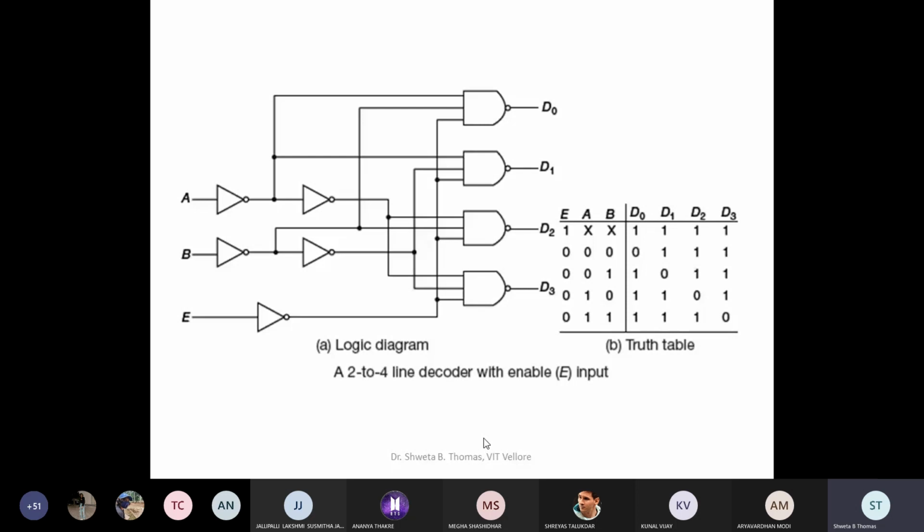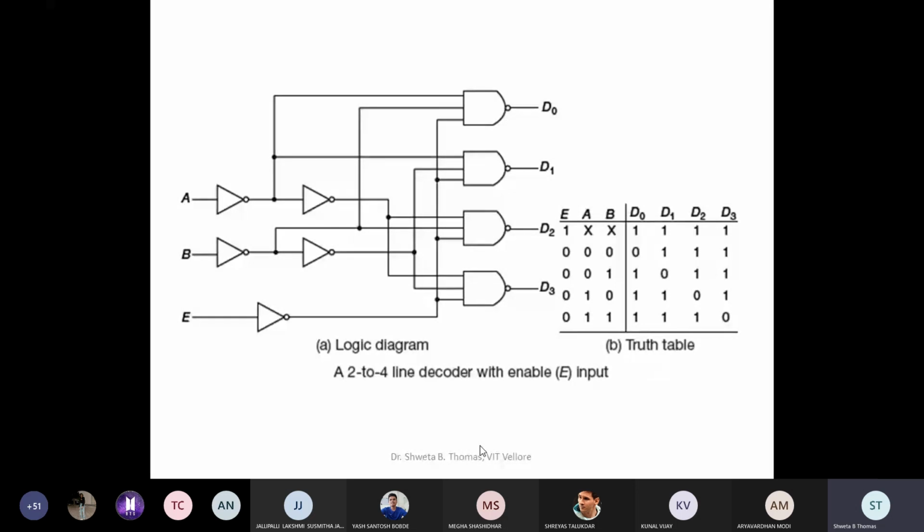Ma'am, regarding the truth table, do we have to make it in a Word document and show you after the diagram? No, not needed. It is not important to show each and everything to me. The main point is that you should understand the concept. We are handling everything virtually. I don't want to give you a lot of burden. No need to take a lot of stress. You just understand the lab, how to work on it, how to get the output, how to create the logic diagram and truth table. The concept should be clear to you.